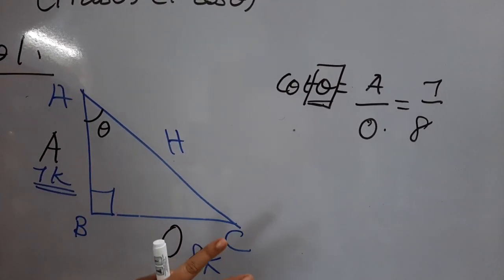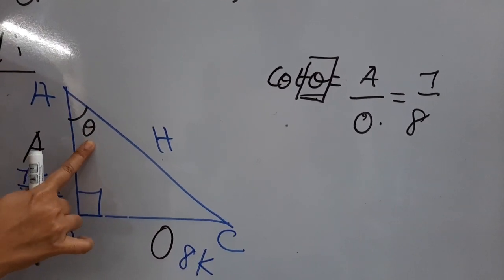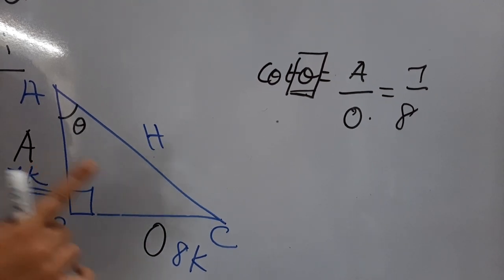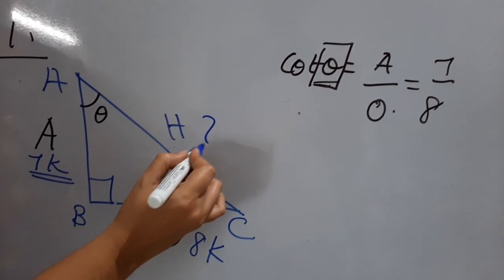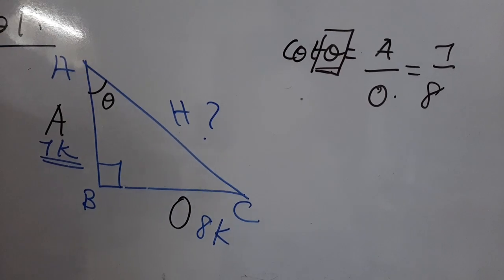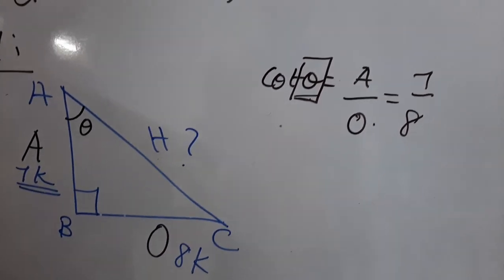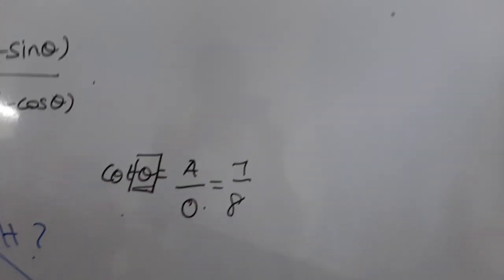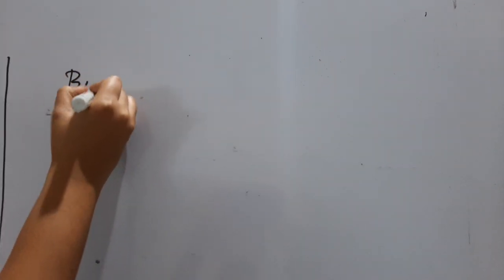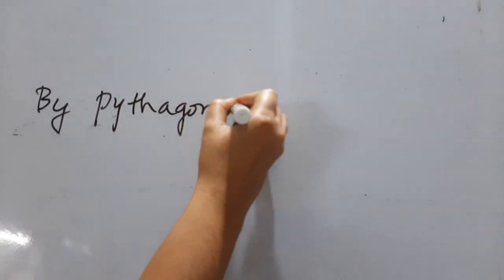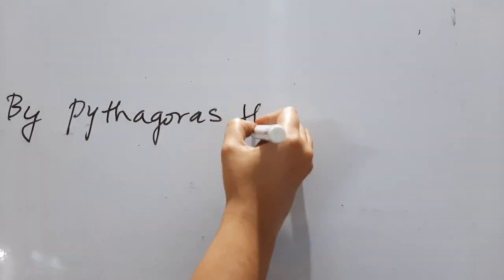In the right angle triangle, now we decided what the angle is. We found the value of the adjacent as well as the opposite. So what is missing now? The hypotenuse value is missing now. To calculate the value of the hypotenuse, since it is a right angle triangle, we can go for calculation by the Pythagoras theorem. What is the definition for that?